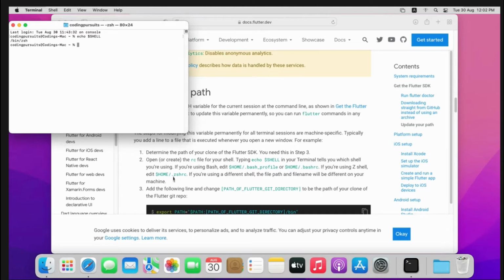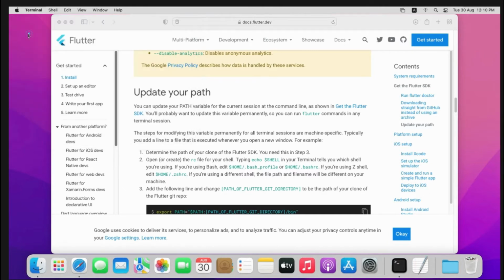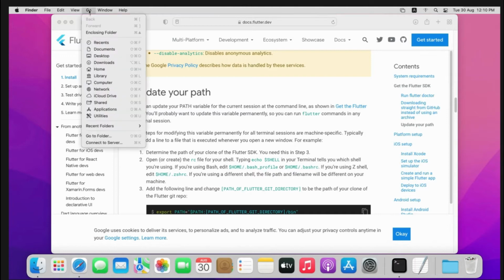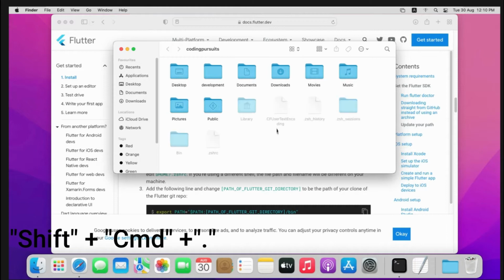So now according to the instruction I will have to update the .zshrc file. For this I will have to go home and update that file for our path. So for this I will have to go to the home, cd $HOME, and here I have to touch .zshrc file. Now close the terminal, and from the menu go to the home. So we are not seeing any .zshrc file because these files are hidden. To show these files, we have to type shift command dot, and you can see here our file exists here, .zshrc file. Open it,